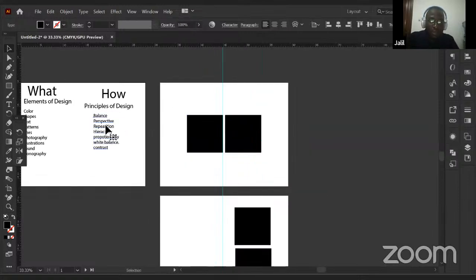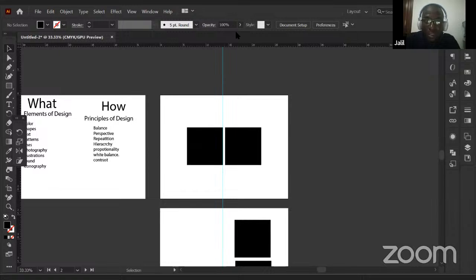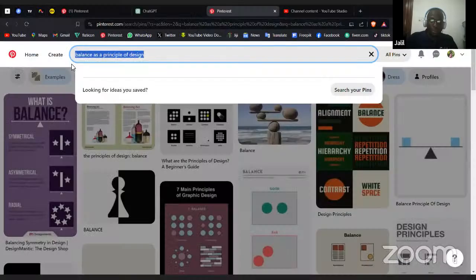Let's look at perspective. I want to share a screen again. When I explain this while designing, it will take a lot of time. Let's use already designed work. Let me try to share screen again. Okay. Let's use more Pinterest. We shall go to Illustrator when we do practical. Okay. Let's look at perspective